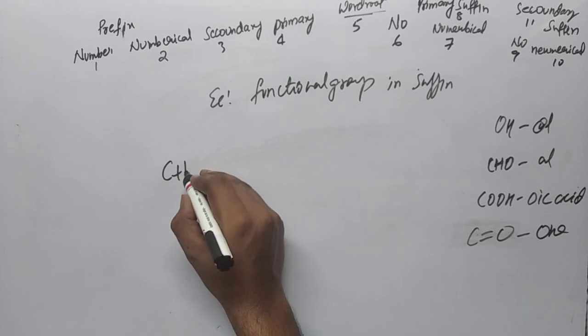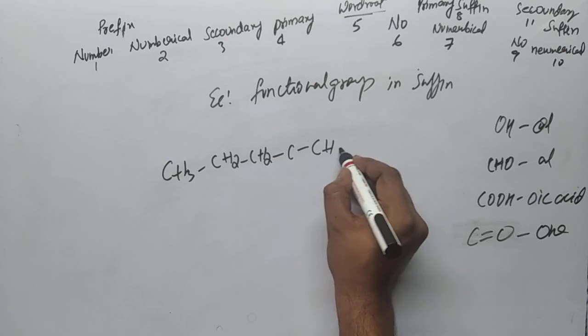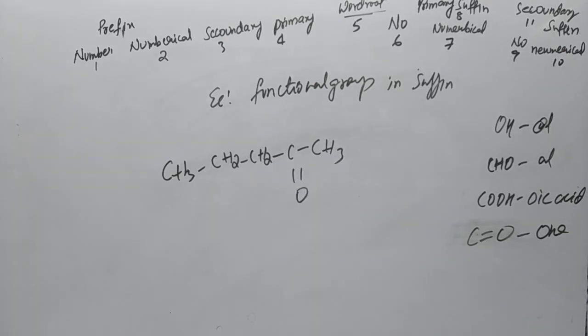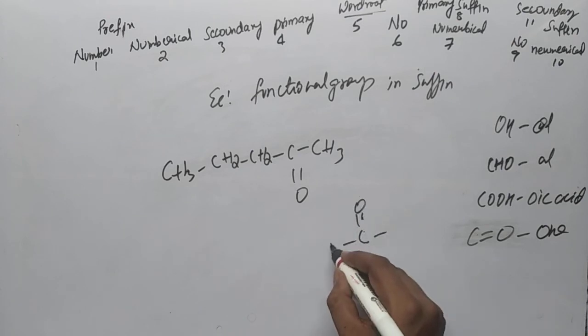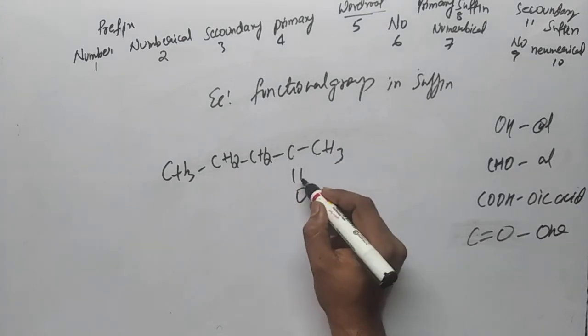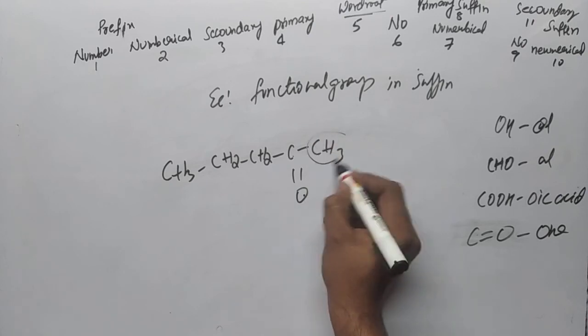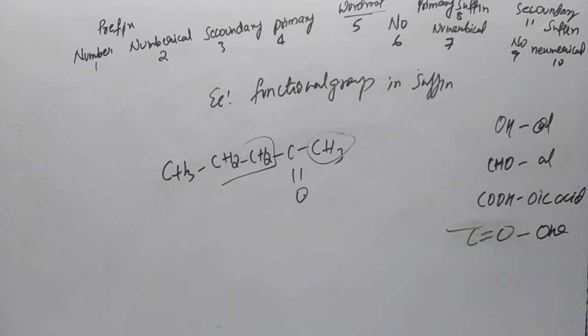CH3, CH2, CH2, CH, CH3. So whenever you have a ketone, to remember it easily: in the ketone, there is oxygen on top, and on the left and right sides you have an alkyl group, a carbon chain. So here you can see this is not a prefix, this is a suffix. At the center we have a carbon with an oxygen by double bond, and here there is a chain on each side. So this is considered a suffix, not a prefix.